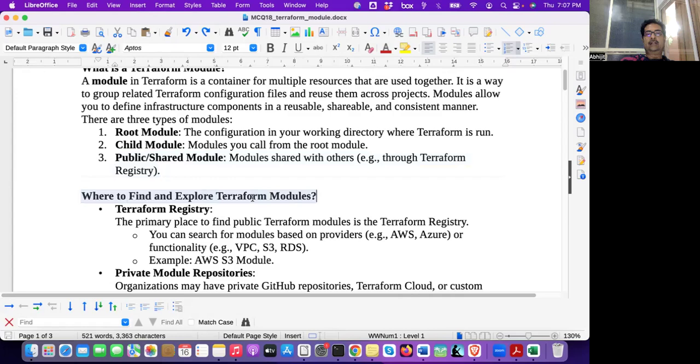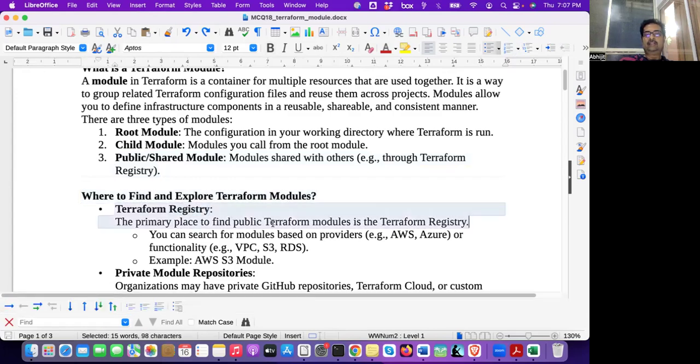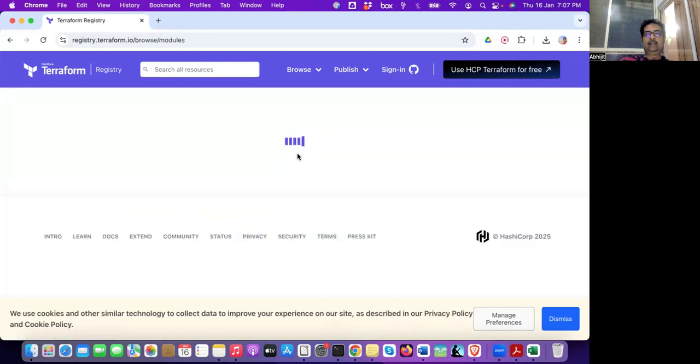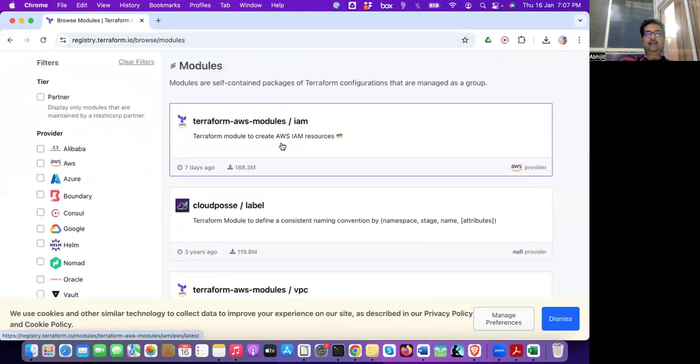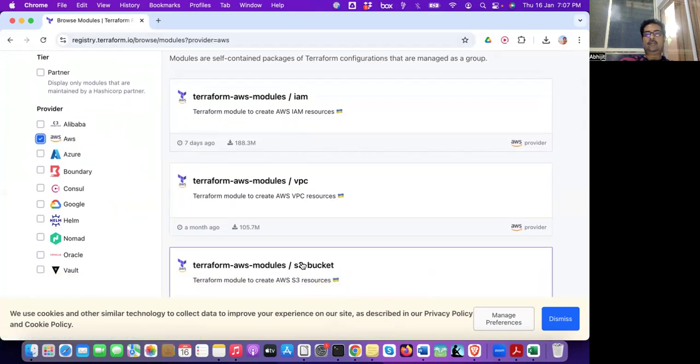So where do you find and explore Terraform modules? In the Terraform registry, you can get them. In the Terraform registry, you can browse modules or external modules. Here we can browse modules. There are some modules here. I can search for AWS modules. This is the VPC module, the S3 bucket module. If I click on this,